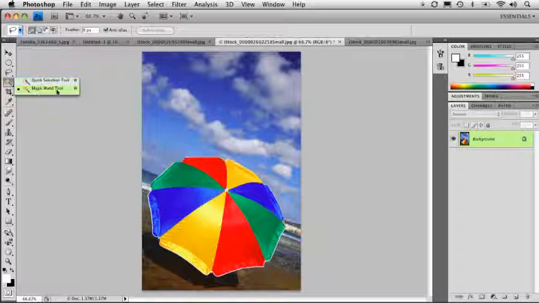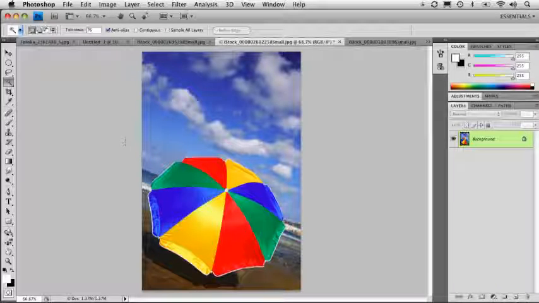It's right in here. It looks like a little magic wand. And the way it works is it generates a selection based on a color range. And that's known as a tolerance setting. You'll notice up in here we've got our tolerance setting. Now, the default tolerance setting is 32. So when you first select this tool for the very first time, the tolerance is probably going to be set